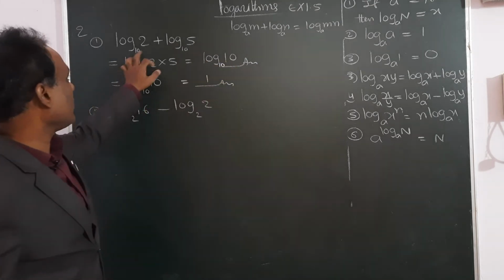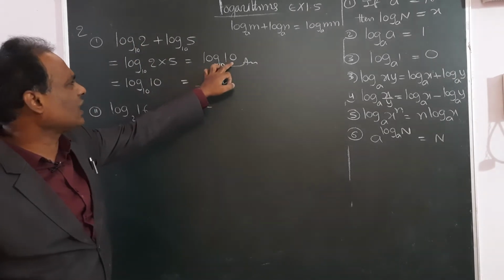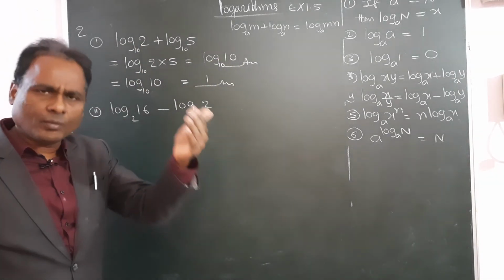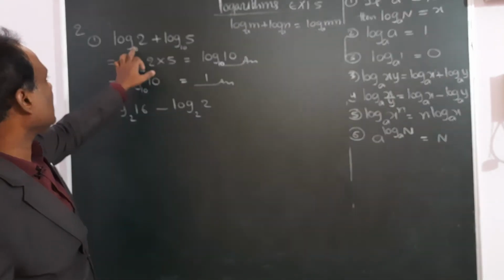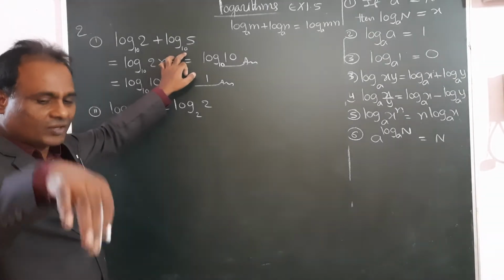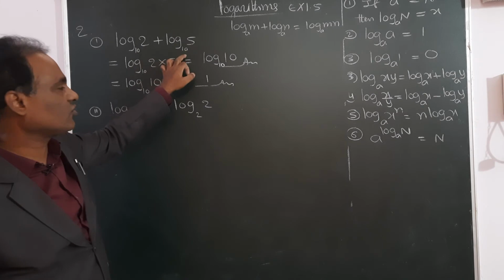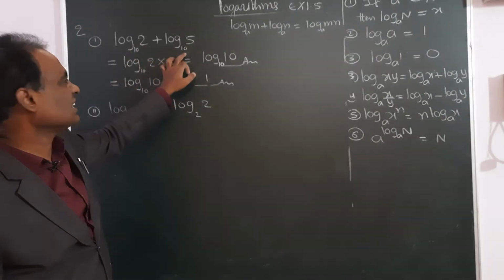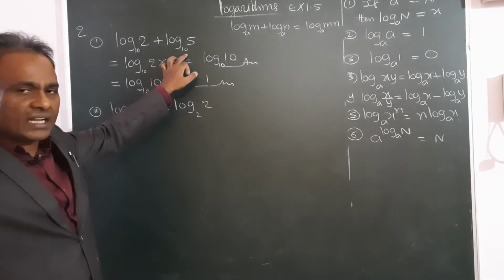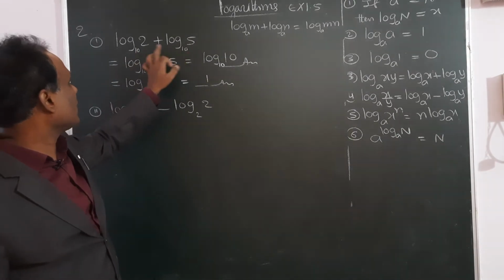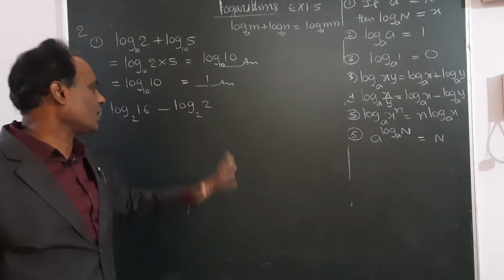See, in the question the base is not given, but that is no problem, you can write log 10 without writing the base, that is over. The concept is that it is understood that the base is 10, and in the answer also 1 is given, so the base should be 10. That is common logarithms. Actually that concept is not given in this topic, you will get it in higher classes. So if the base is not mentioned, we can take it as 10. So log 10 to base 10 is 1, over.